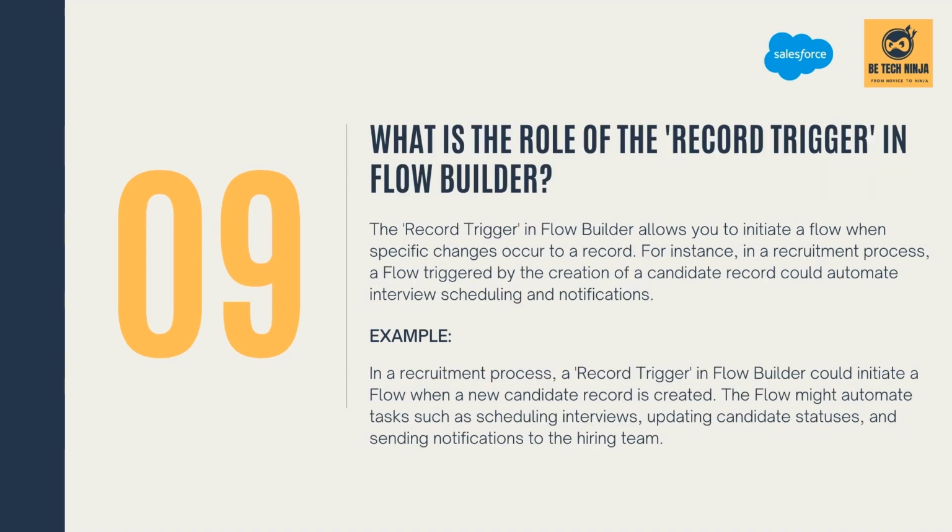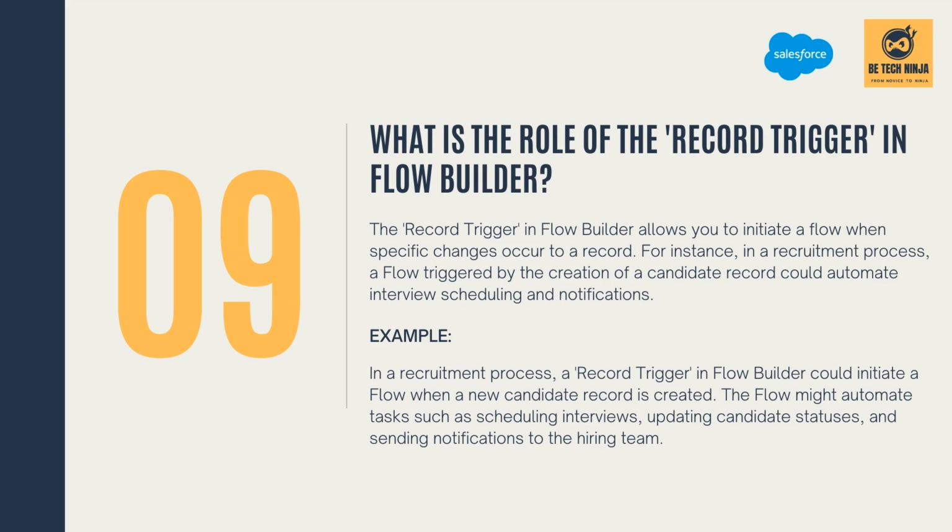Understanding the record trigger in Flow Builder is essential for automated processes. Let's know more about it in the next question. Question 9. What is the role of the record trigger in Flow Builder? You can answer it like, the record trigger in Flow Builder allows you to initiate a flow when specific changes